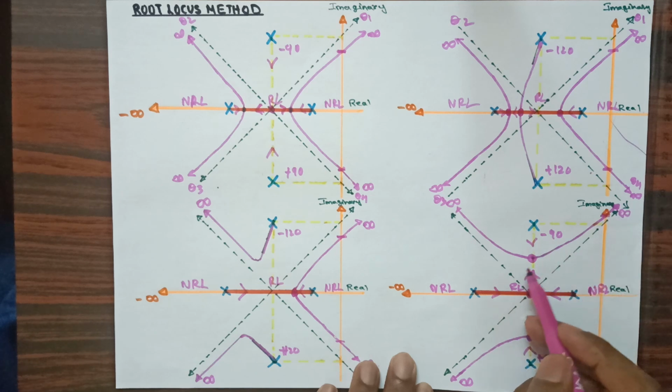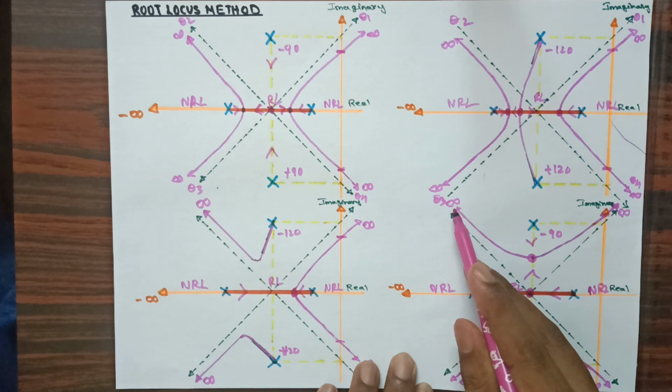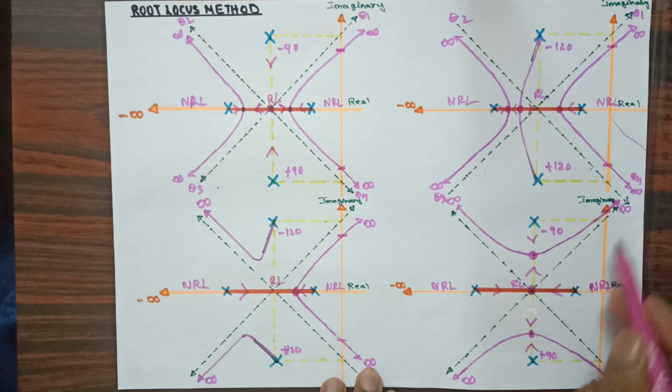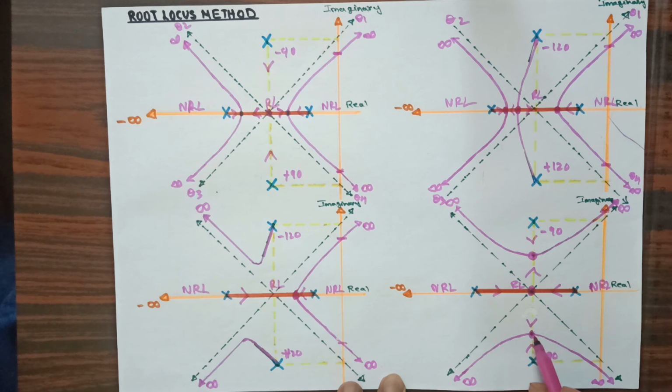infinite destination. In this way this pole also will observe this angle, and by following this angle it will move towards infinite destination. And so in this way these two poles have moved to infinite destination. In these two poles, one went above, one came down, so this pole is coming in downward direction, and this pole is going at an angle plus 90 degree in upward direction. Then they are going to meet at this point, and at this point the root will come out in this direction and one root will come out.